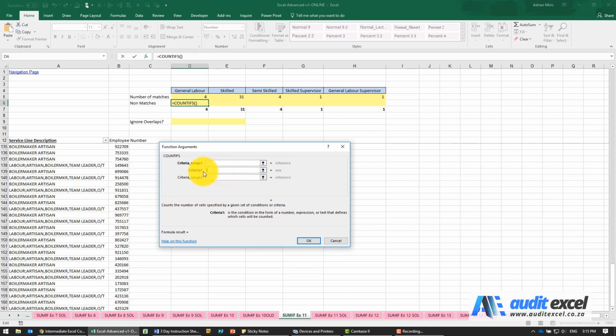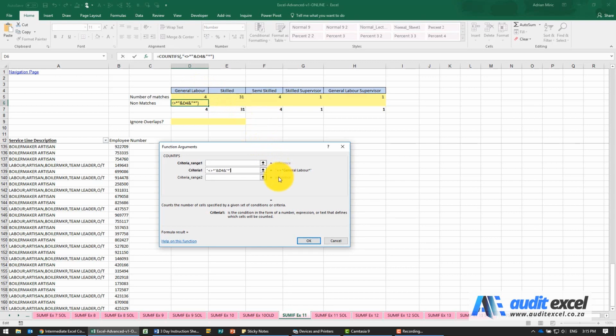We need to create a reference. So in inverted commas, I'm going to put don't equals, and I'm going to put a star, that's our wildcard character, close the inverted commas. Then I'm going to put an ampersand and refer to this cell here, then put another ampersand and put the star in inverted commas.